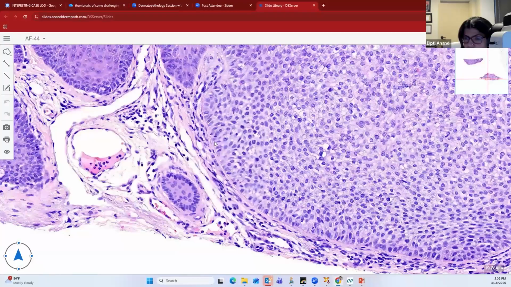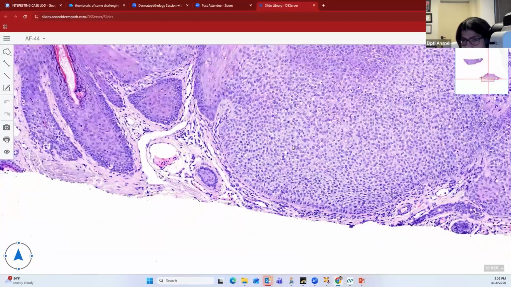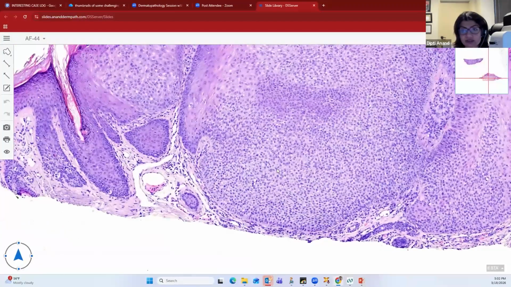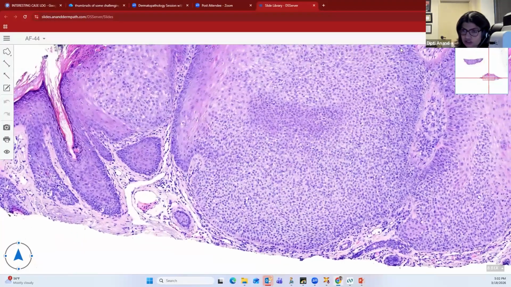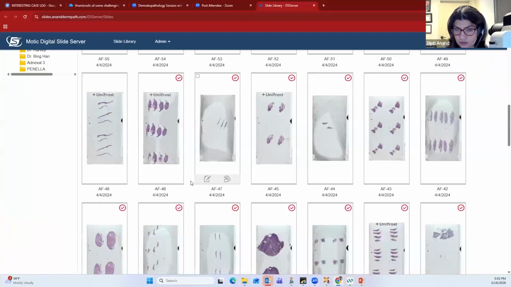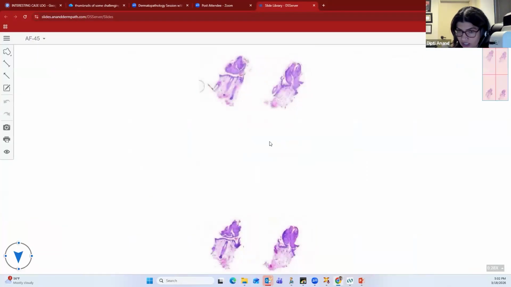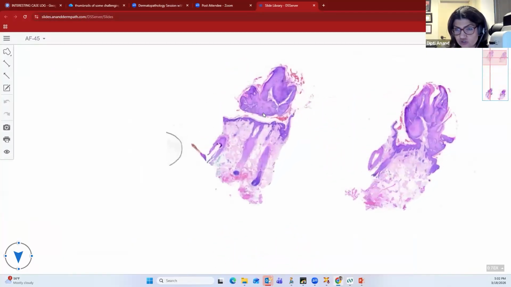As you can see over here, these have distinct cytoplasmic borders with pale eosinophilic clear cytoplasm because they're trichilemmal cells. Again, they're derived from the outer root sheath of the hair follicle. So that's your trichilemmoma. Multiple of these tumors are associated with Cowden syndrome. Now, this is going to be in contrast to your